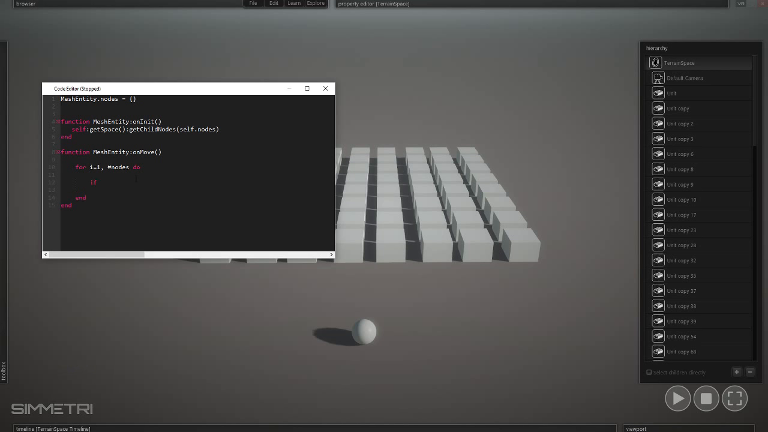And now we're going to write a conditional statement just to make sure that it's a unit that we're going to be working on. And so we're going to say if the item at the I position of the table, if nodes at table I,